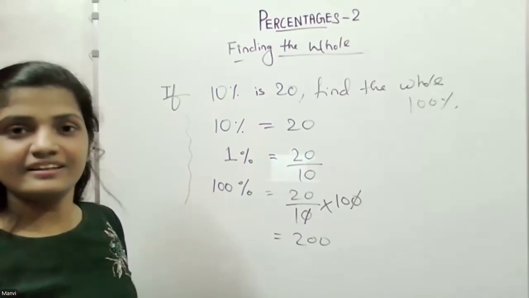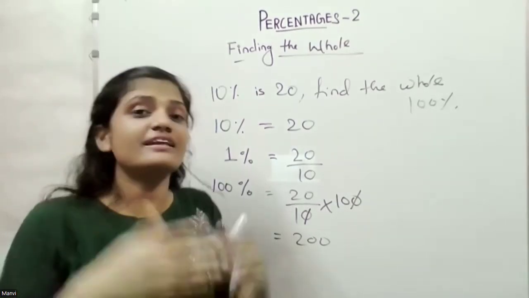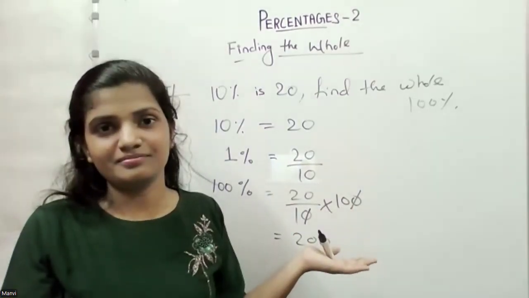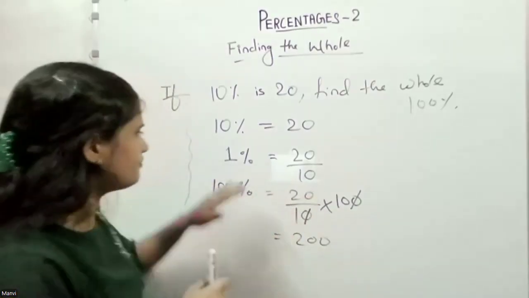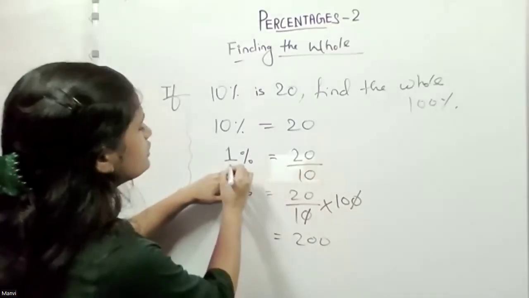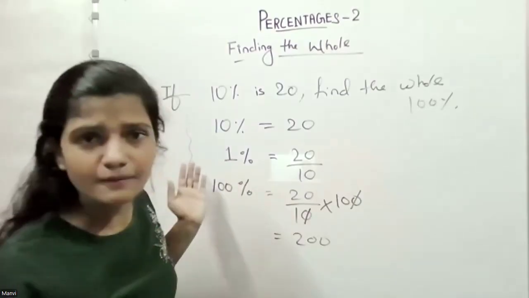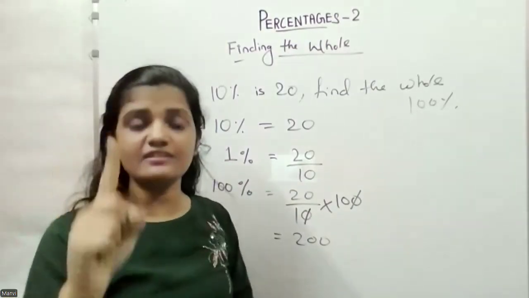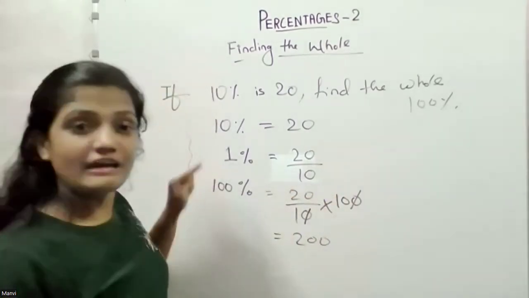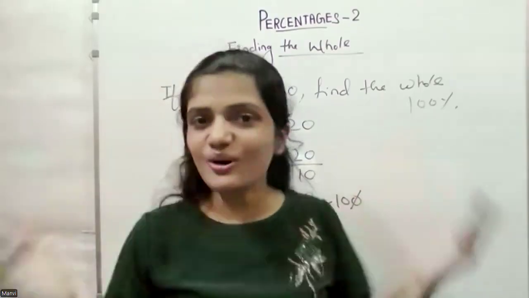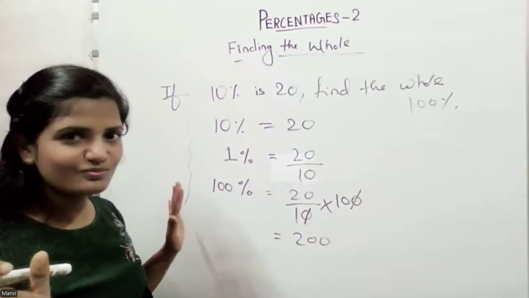Very good. And why we are finding 1%? Because if we know the value of 1, then we can easily find the value of any, 100 or 200, 300, 500, every value. If they give us the value of 1%, then what is 2%? Times with 2, 3% times with 3. So if we know the value of 1%, we can easily find the value of any. That's why we are finding 1%. And why 100%? Because 100% means whole. Every doubt is clear now.